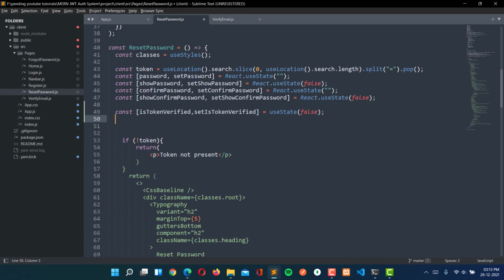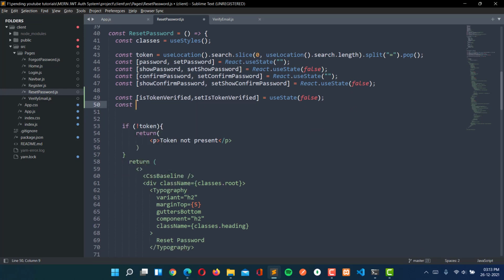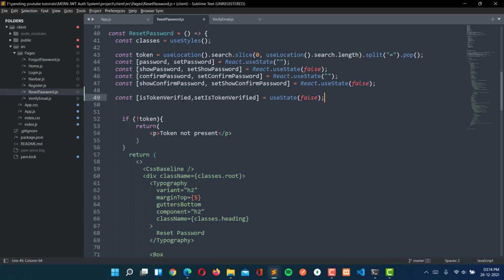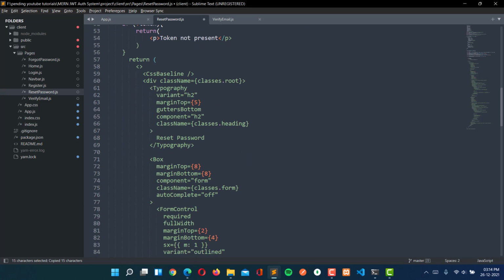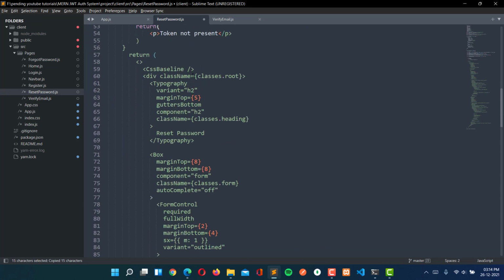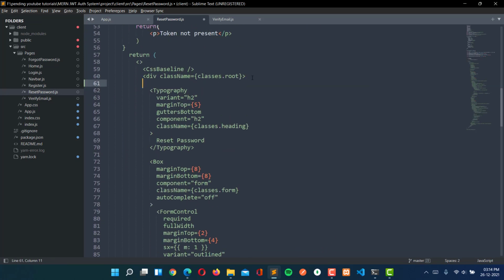By default it will be false. Now here one more thing will be there, that is reset password, so that we don't need anything. So here we will check if token is verified. So we have to write here.